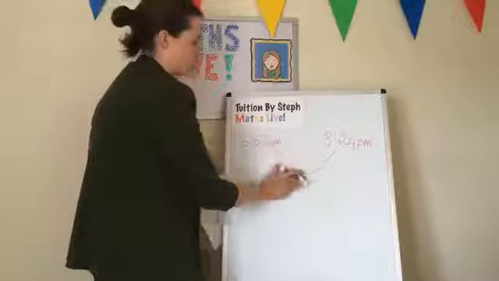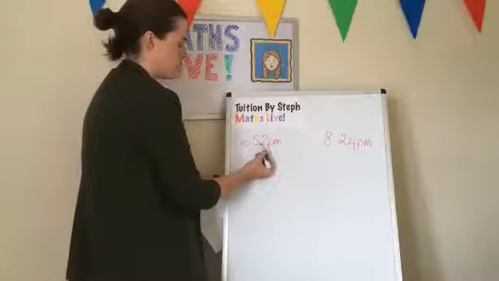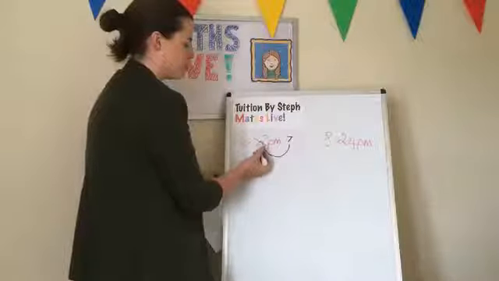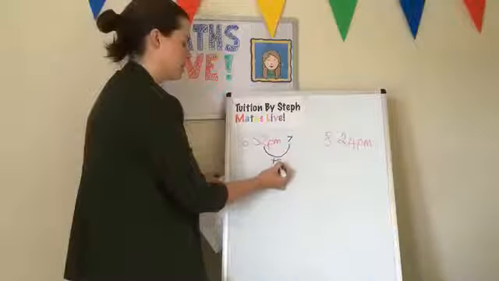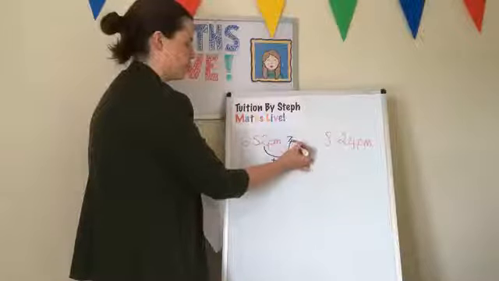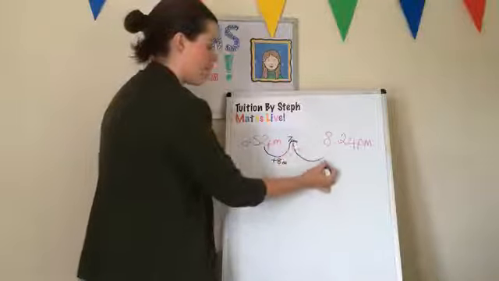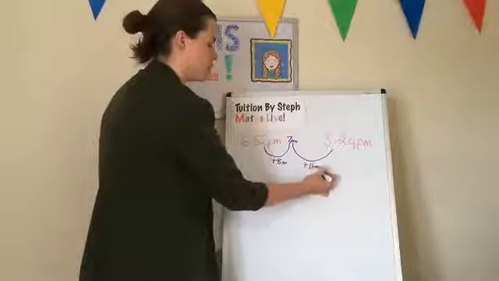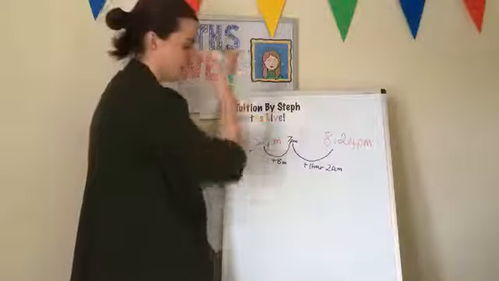So I'm going to rub this out because I'm going to do some nicer jumps for this. What I'm going to do first is round this to the next hour. I'm going to make this so we're at 7 o'clock. To make 52 minutes into 7 o'clock, I add on 8 minutes. Okay, so that's 7 p.m. And then to make it into 8:24, I add on 1 hour and 24 minutes.